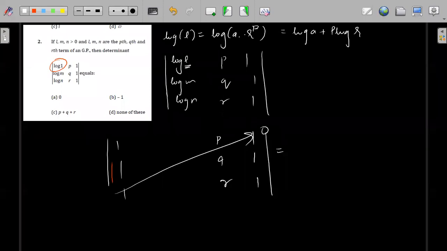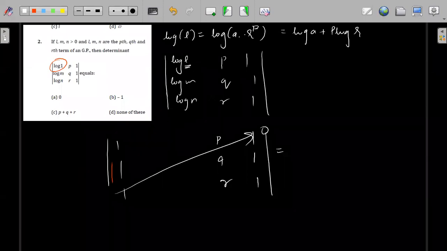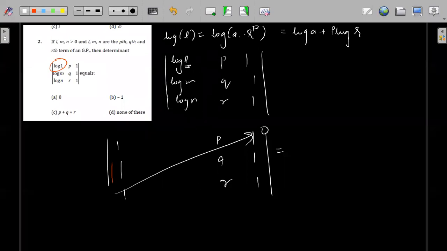Yeah, it is r to the power n minus 1, but it won't make any difference. Suppose if I'm taking p minus 1, q minus 1, then also it will be same. That is why I'm taking p and q and r only. So you can write it as capital P, you can write it as capital R. It will be exact same. Understood, Vishnu?